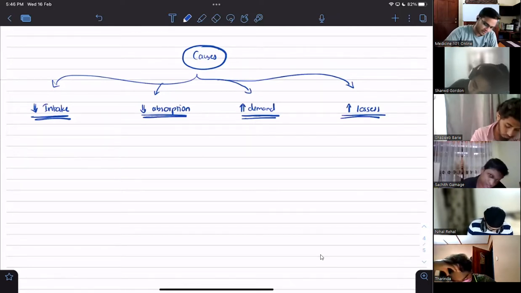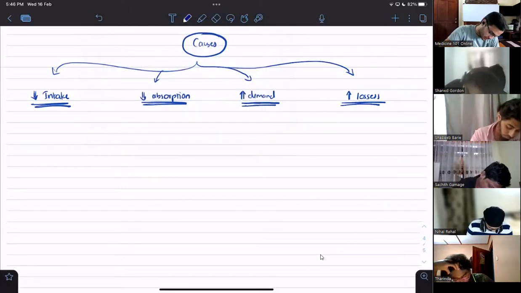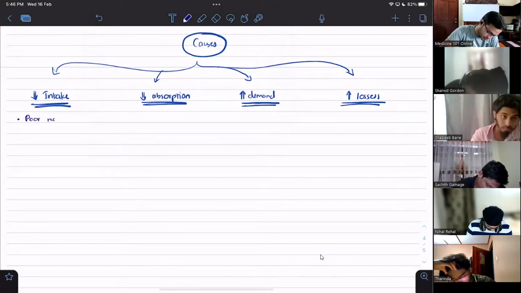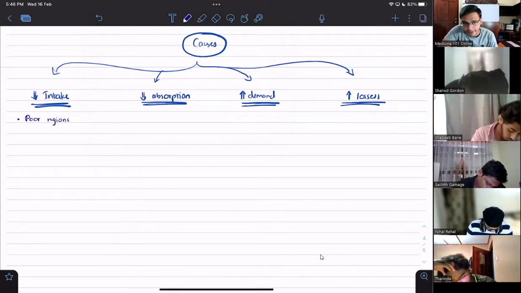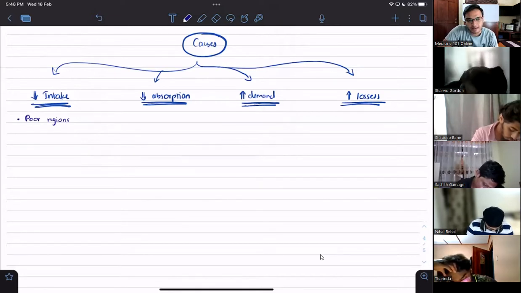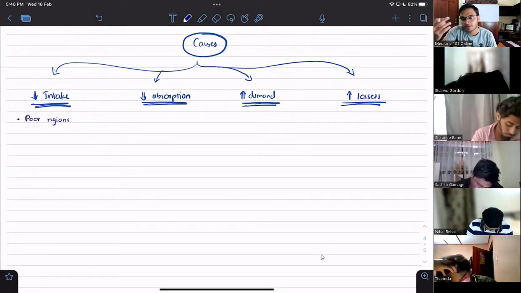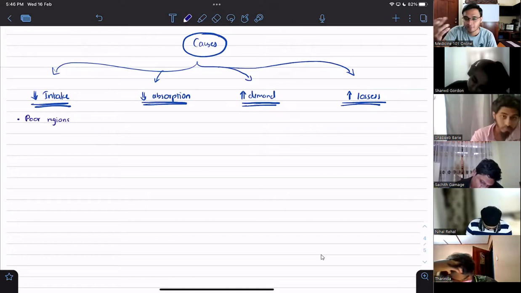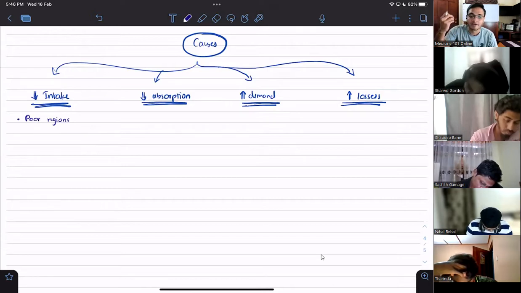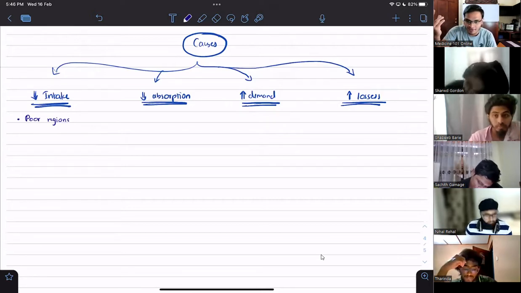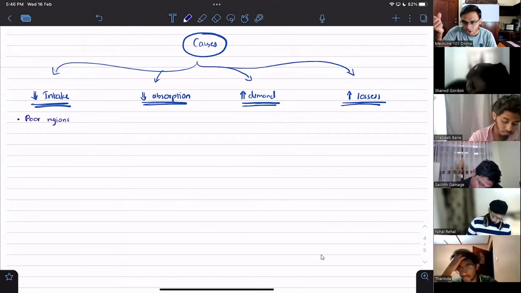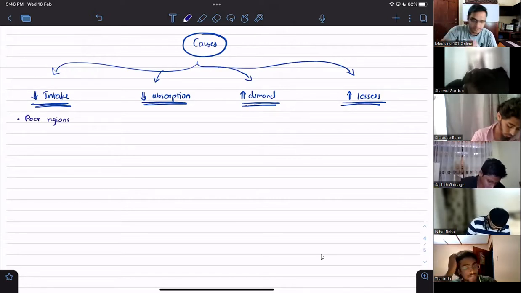Reduced intake. What are we talking about here? You all can write down poor regions, third world countries, poor communities. Usually, these poor people's diet doesn't have a lot of heme, they don't eat a lot of meat, because meat is expensive compared to plant-based products. And plant-based products, what's the issue? They have iron, but only 1 to 2% absorbable. So that's one issue there.